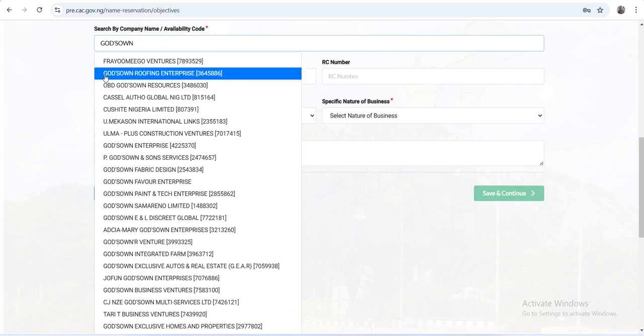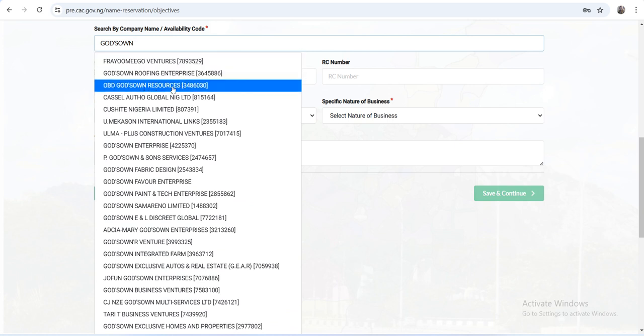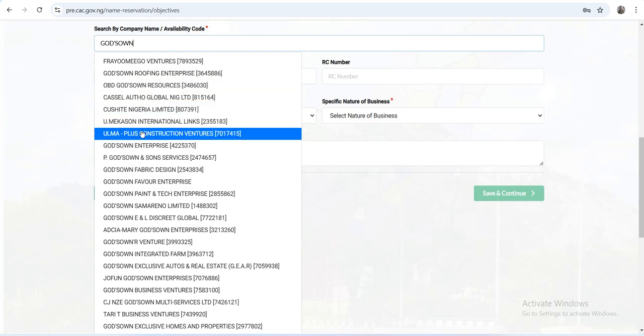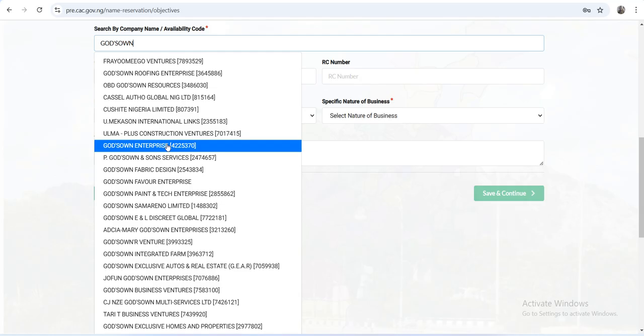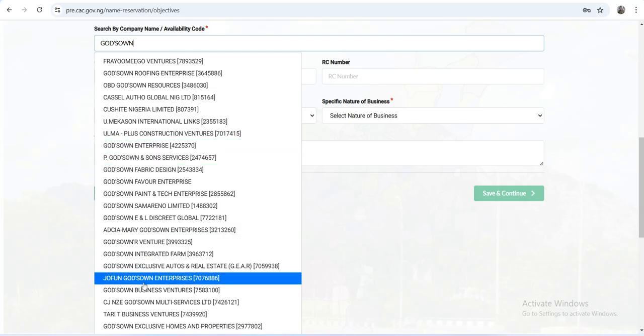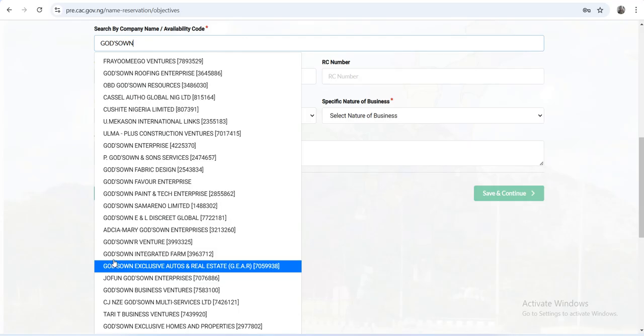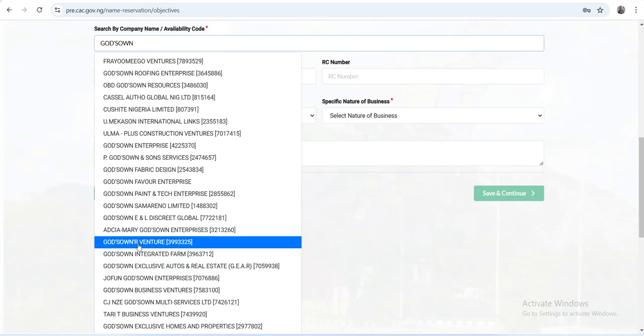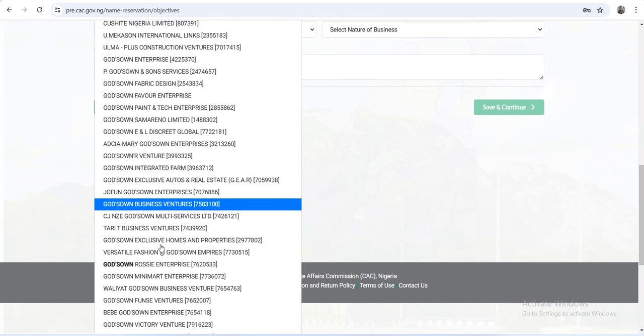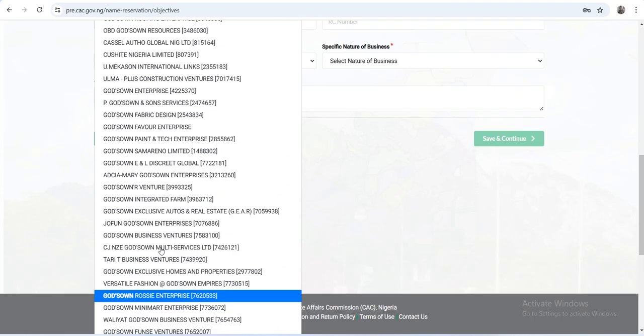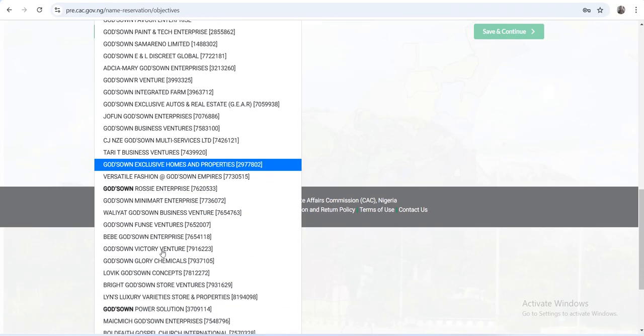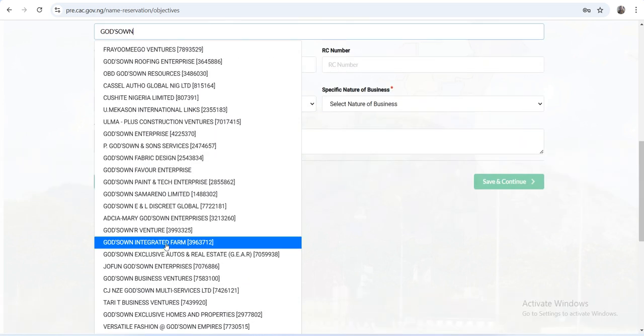So as you can see, God's own roofing enterprise, God's own OBD, God's own resources. Come down, you're going to see God's own enterprise. What we are trying to register is God's own ventures, right? Remember when we did the general search, we saw this. We saw God's own arrow venture. You see how easy it is. So just take your time,